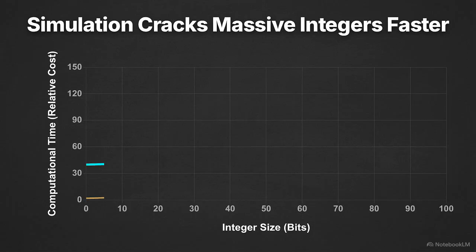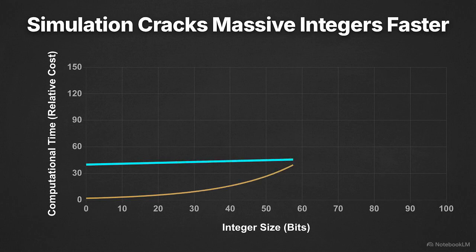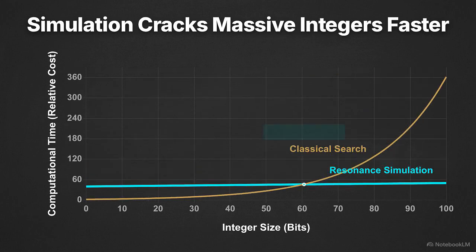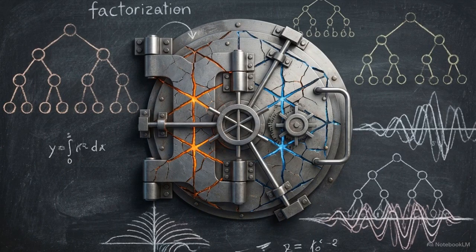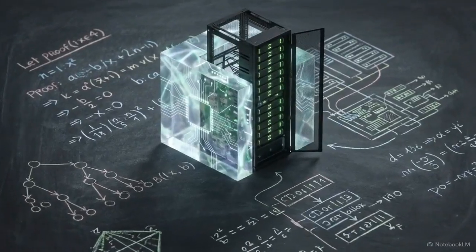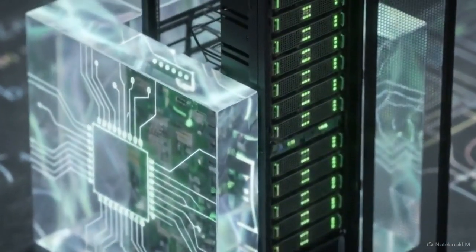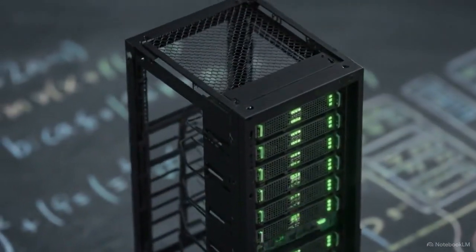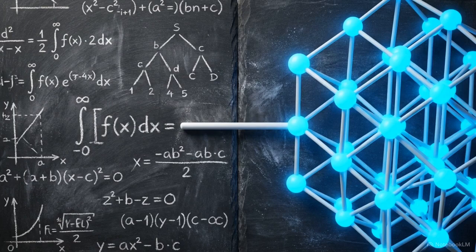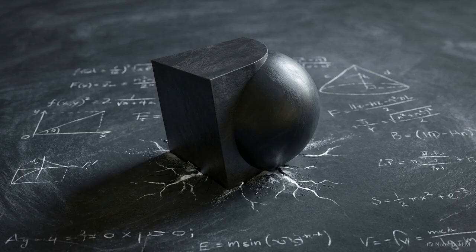For massive integers, this creates a significant break-even point, where the simulation is faster than any classical search. This creates a new vulnerability in classical cryptography based purely on geometric modeling. This framework allows classical hardware to access the benefits of parallel evaluation by simply changing the operational environment. The line between abstract number theory and physical modeling is thin. By changing the geometry of a problem, we alter the tools available to solve it.